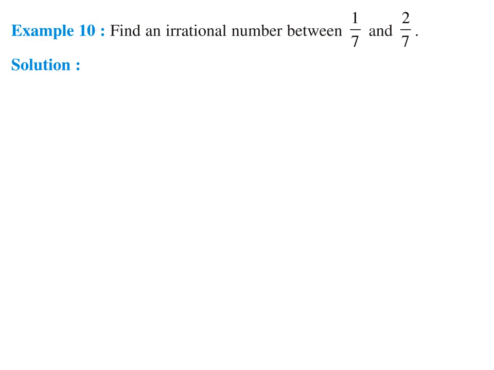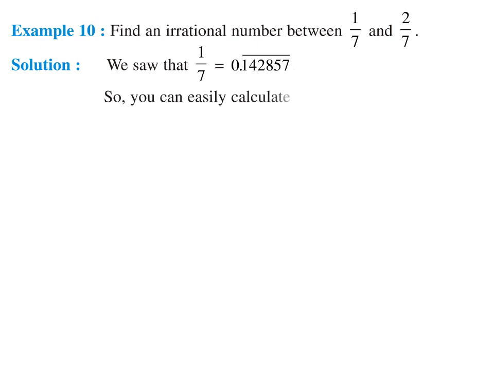In a previous video we have already discussed how we can find the decimal expansion of 1 by 7. We also saw that the value of 1 by 7 is 0.142857 bar, a repeating value. Again we can conclude for 2 by 7. 2 by 7 is nothing but 2 into 1 by 7, so we multiply the value of 1 by 7 by 2. So 2 by 7 can be written as 0.285714 bar. Just multiply the number by 2, and you will get 2 by 7.